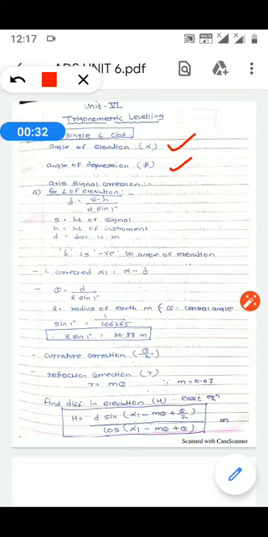Now to find the different corrections, first we have the axis signal correction, and the first case is for angle of elevation. To find out the value of axis signal correction, we have the formula delta is equal to (S minus h) upon d sine of 1 second, which is a very important formula. In that, S is the height of signal, small h is the height of instrument, and small d is nothing but the distance between two stations.